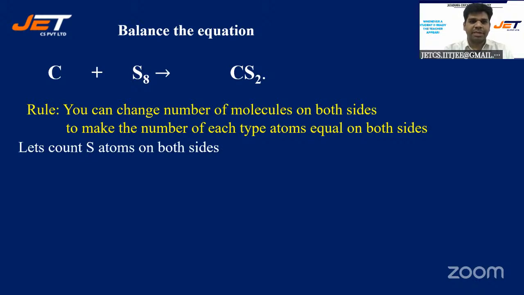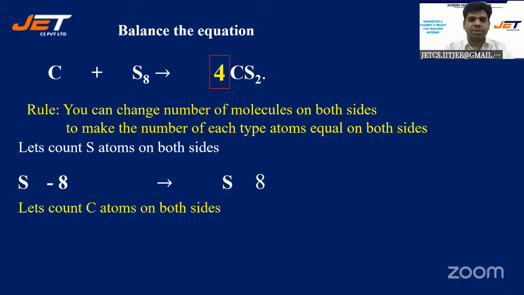Sulfur atoms on the reactant side are 8. On the product side, there are only 2. So if I multiply with 4 CS2 if I write, that will make sulfur atoms to be 8 on the product side as well. Now let's count carbon atoms. Carbon atoms on the reactant side is 1, product side is 4. So if I multiply with 4 on the reactant side, 4C, this way,